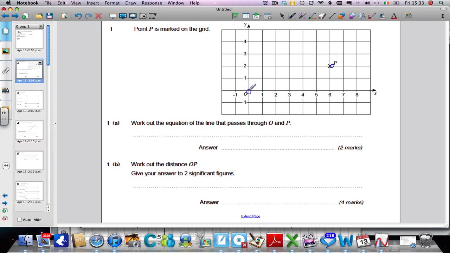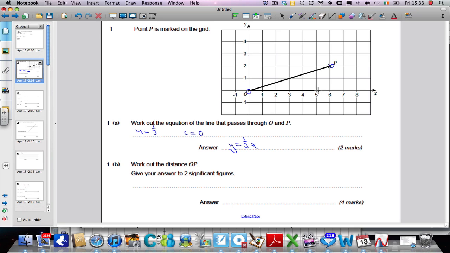Well, let's have a look. What's the gradient of the line? For every 6 boxes I go across, I go up 2, so that means the gradient is 1/3. The gradient is 1/3, and the y-intercept is 0, so therefore the equation of the line must be y equals 1/3 x. Work out the distance OP, so I want to work out this distance here, and I'm going to